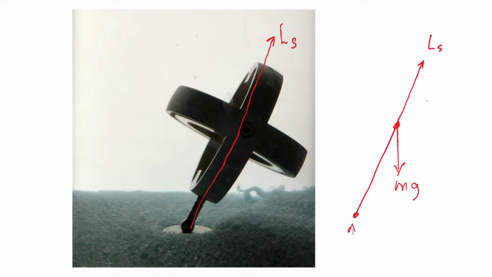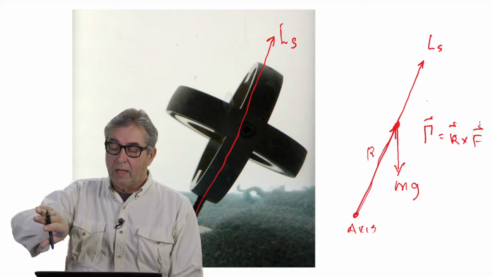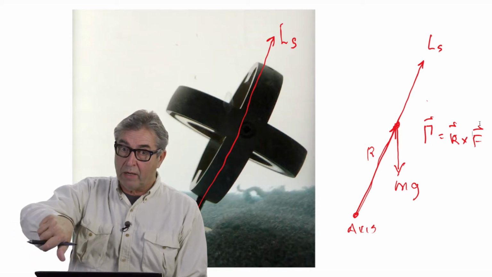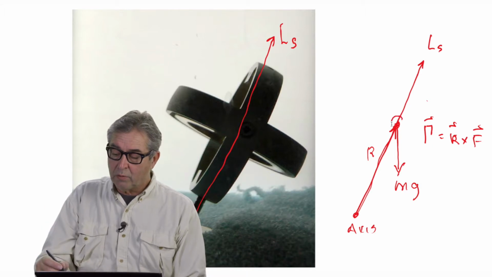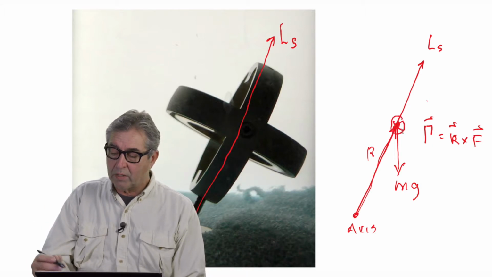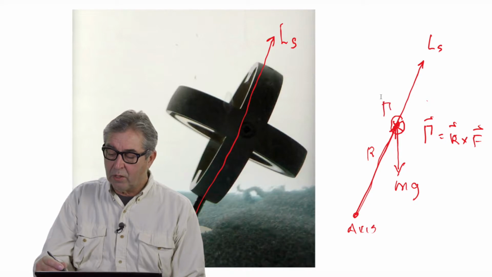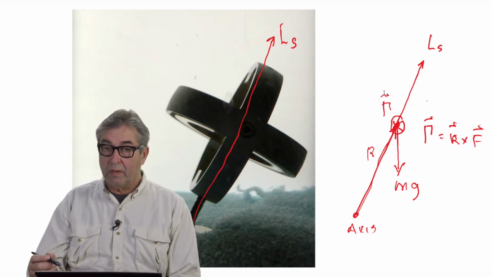And from the axis up to the point of application of the center of mass where weight is applied, we have the radius for the creation of torque. Now torque is R cross F, and so when you stick your fingers in the direction of R and turn your fingers on your right hand into the direction of weight, your thumb will point into the screen, which we depict vectorially as an X in a circle, and that is the direction of the vector torque acting on the